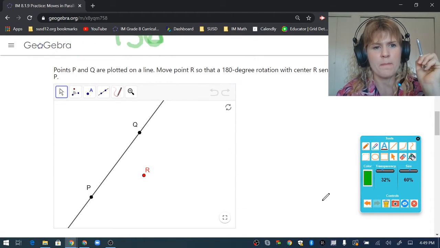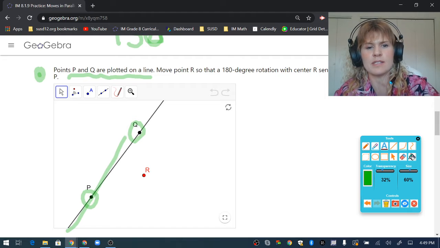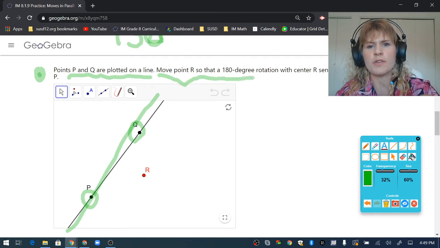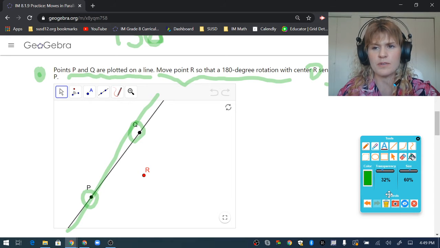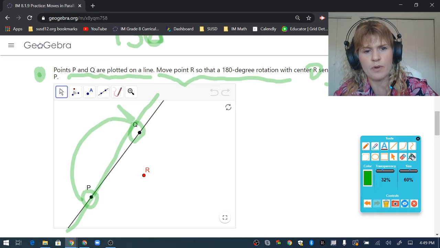Let's keep going. Read the directions carefully. Points P and Q are plotted on a line. Okay, here's points P and Q, and they are plotted on this line. Good. Move point R so that a 180 degree rotation with center R sends P to Q and Q to P. So we want P to move over to Q and Q to move over to P after a 180